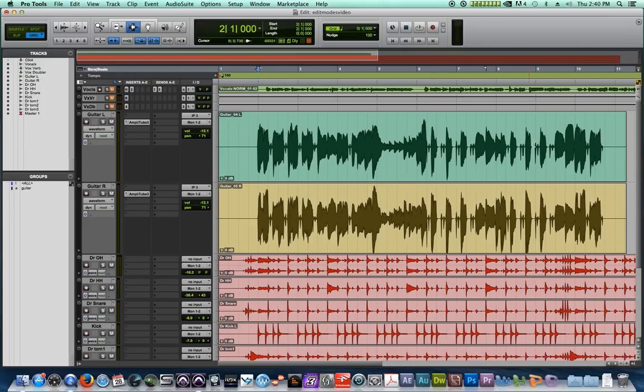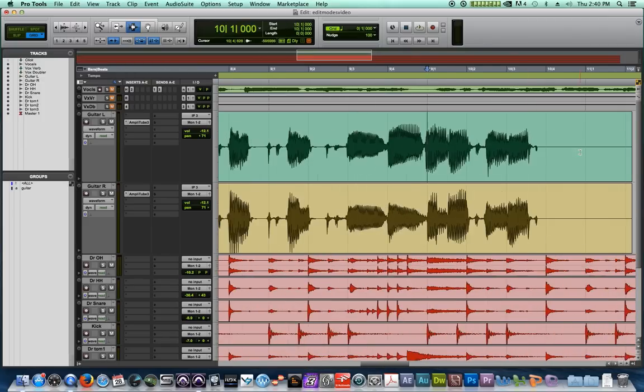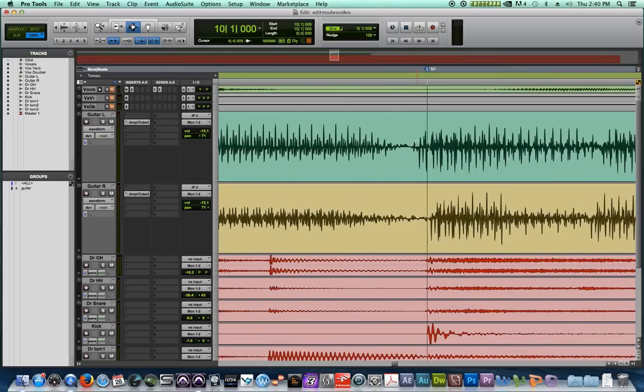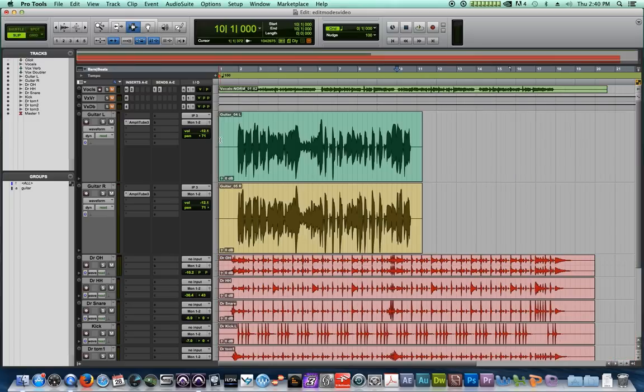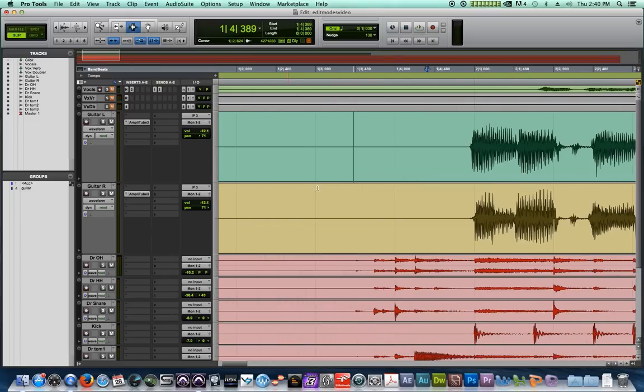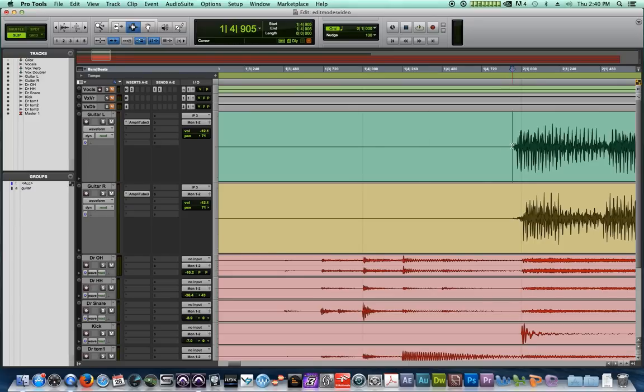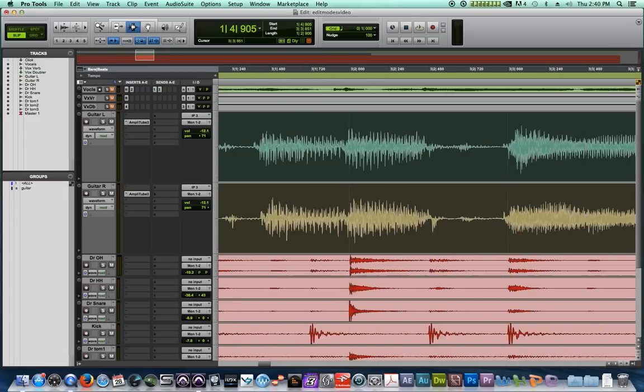What I also don't want to do is, when we get to that edit point at measure 10, cut this one off either. I want to edit a little bit before the grid line. So you always edit a little bit before the transient. What I'm going to do is grab this slightly before the grid line using slip mode,